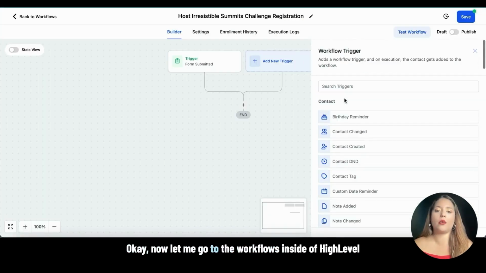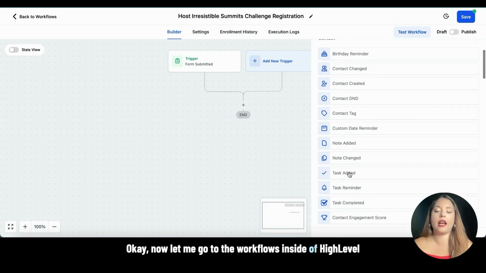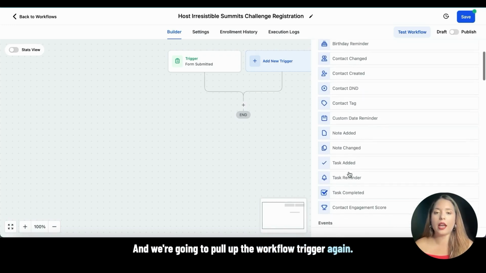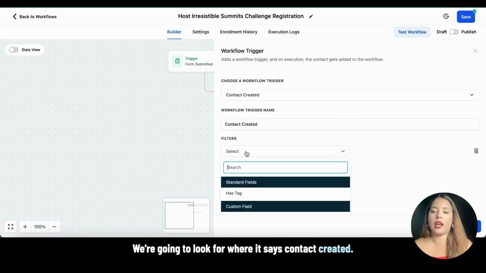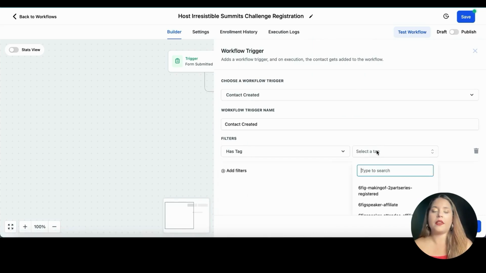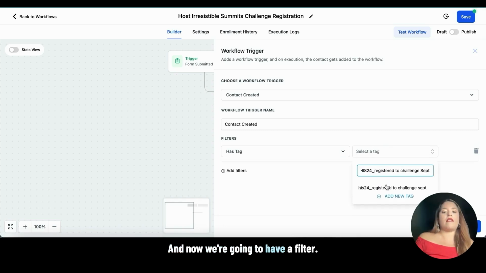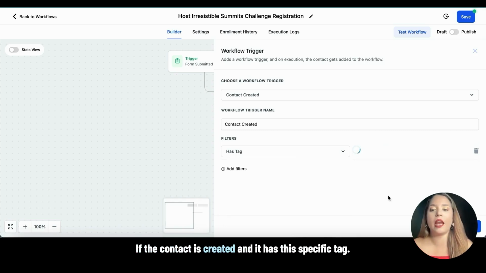Okay, now let me go to the workflows inside of HighLevel, and we're going to pull up the workflow trigger again. And we're going to look for where it says contact created. And now we're going to have a filter: if the contact is created and it has this specific tag,